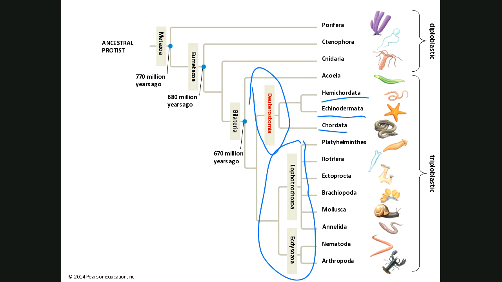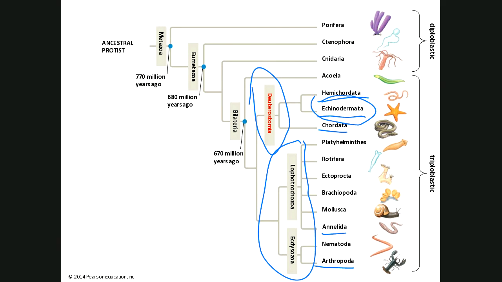Actually, if you look at this chart here, it's the invertebrate that us chordates are the most closely related to. I mentioned a couple times in class that when they were trying to ascertain which invertebrate group may have given rise to the chordates, some of the early candidates were the segmented worms and the arthropods. I think there was another one. It might have just been the segmented worms and the arthropods. But come to find out, for reasons that we'll get into in just a moment, it actually is the echinoderms.